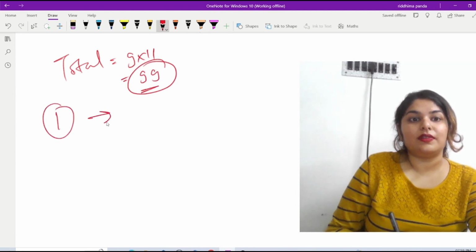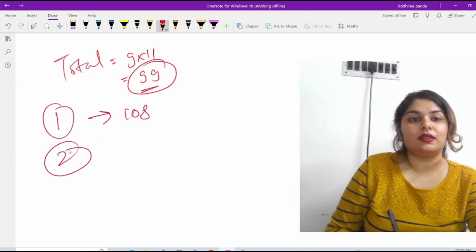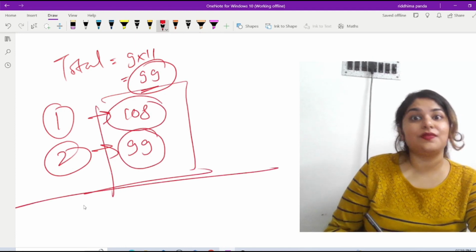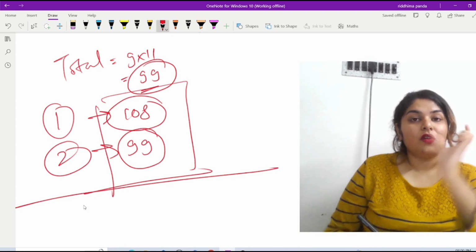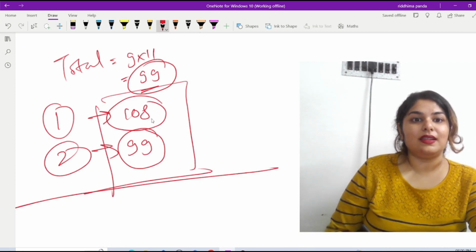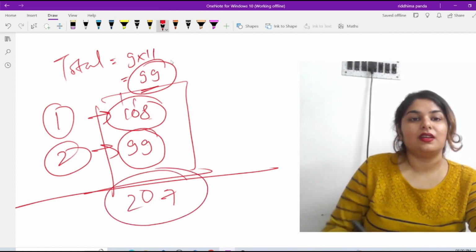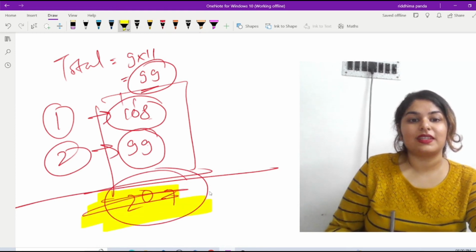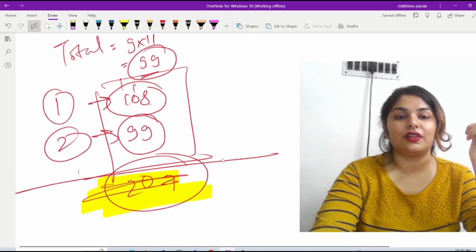So in the first case, there were 108 possibilities. In the second case, divisible by 45, there are 99 possibilities. So the total number of possibilities that is divisible by 45 for this form of 12-digit number is 108 plus 99, which is 207. So the answer is 207. So the correct option is